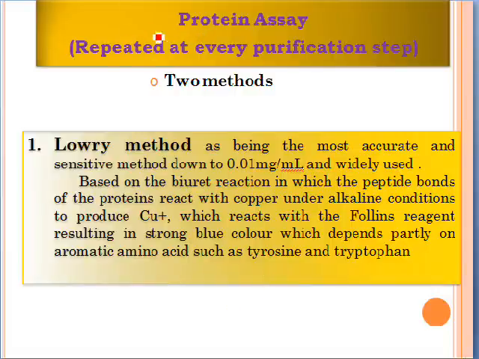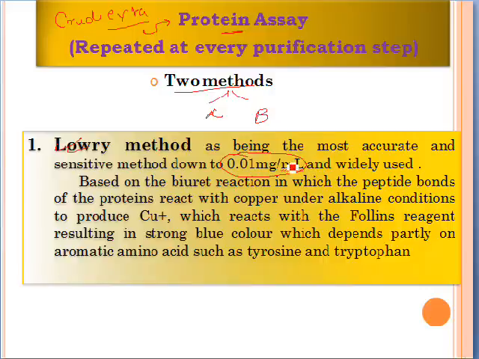So, we have just discussed getting the crude extract using the homogenization process. We will proceed to total protein estimation. There are two methods for protein estimation, Lowry and Bradford. The Lowry method is reasonably sensitive, detecting down to 0.01 milligram or 10 microgram of protein. Folin reagent is a ready-made solution made up of sodium tungstate,